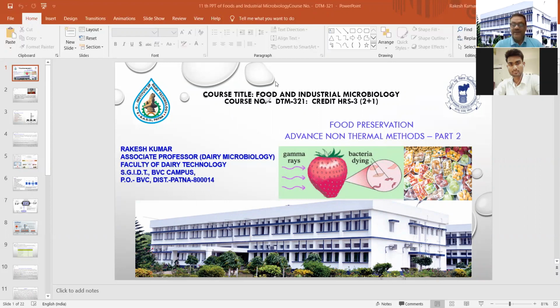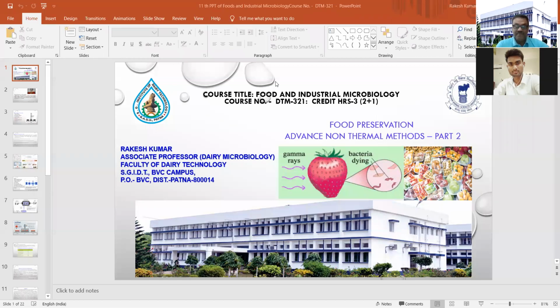So again, we are going to discuss some of the advanced non-thermal methods which are generally used for the food preservation process. As all of you know, food preservation is the maintenance of safe and nutritious food for an extended period of time. So you are simply giving some type of treatment to your food item, just to inactivate or destroy the microorganisms present in the food item, to make it safe